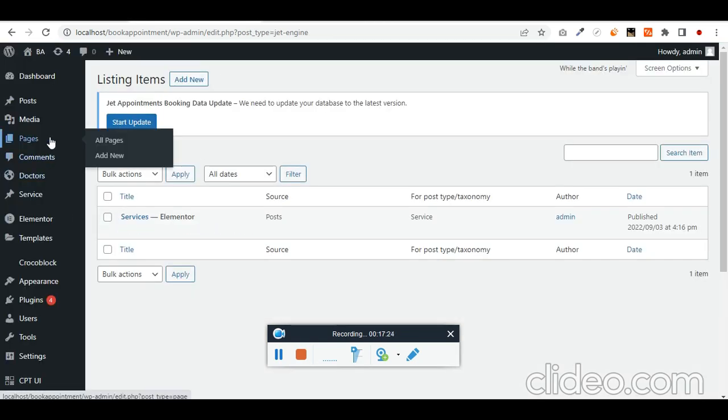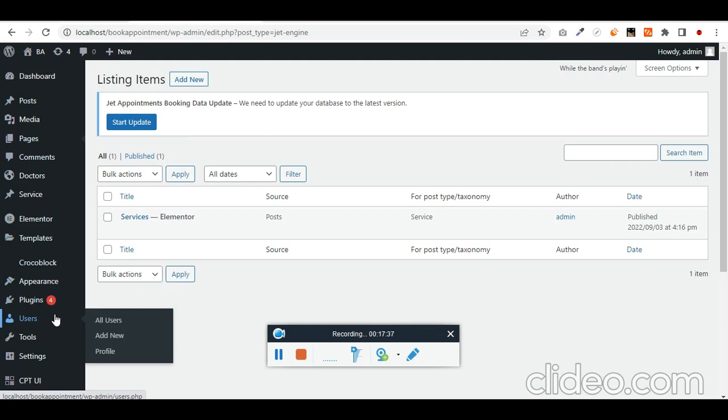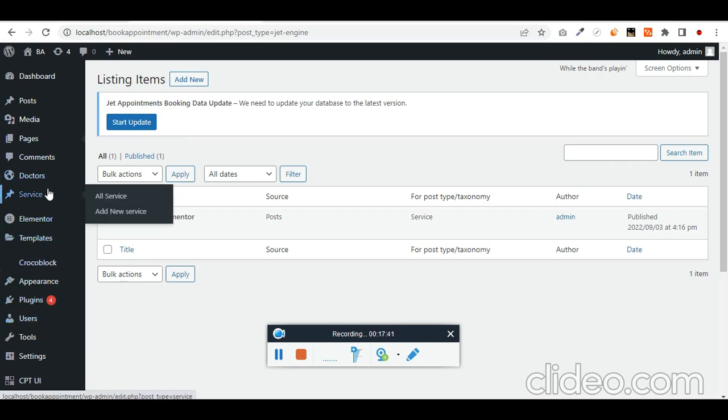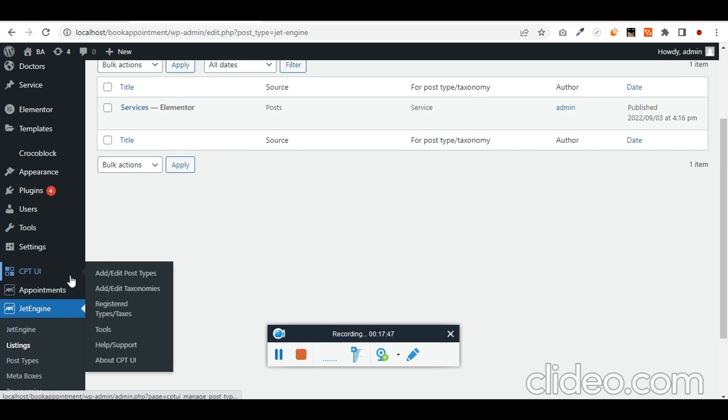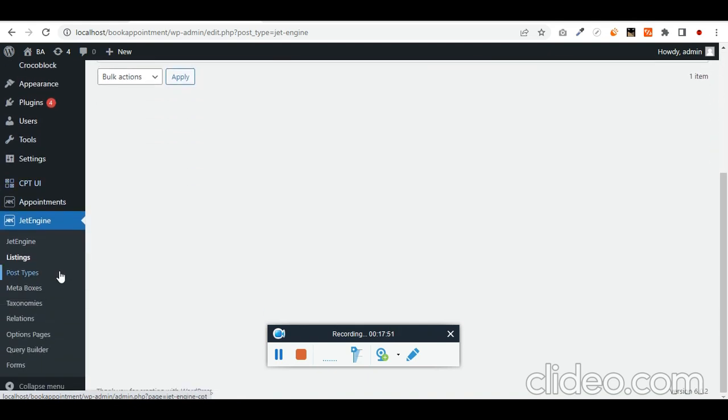So create a new page, not all page, create new page. So actually it's not a page, it's a post. You can see we would be creating doctors. We have already created the doctors and we have already created the services. So anyhow we have to make this filled data on the design. How are we going to do that? So to do it, what we need to do is find something called,